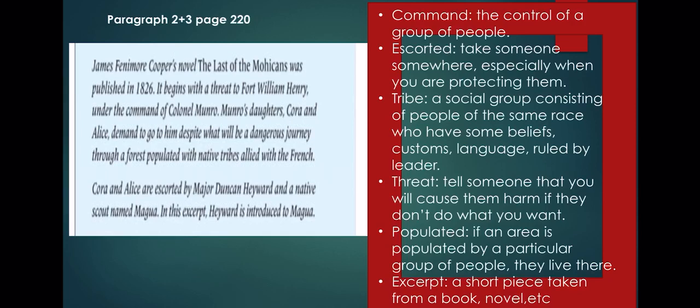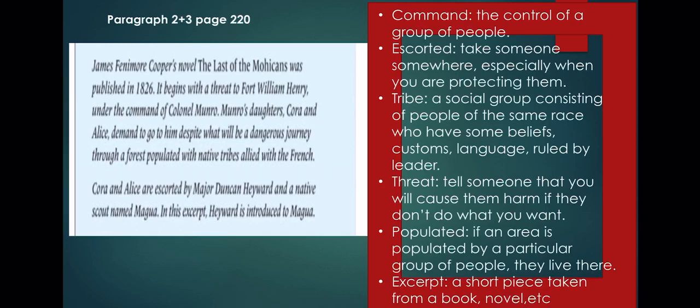Cora and Alice are escorted by Major Duncan Heyward and a native Scot named Magua. In this excerpt, Heyward is introduced to Magua. Actually, the daughters are being escorted. What do you mean escorted? That they are going to be taken, to protect them. They are taken by Major Duncan Heyward, and he is protecting them,